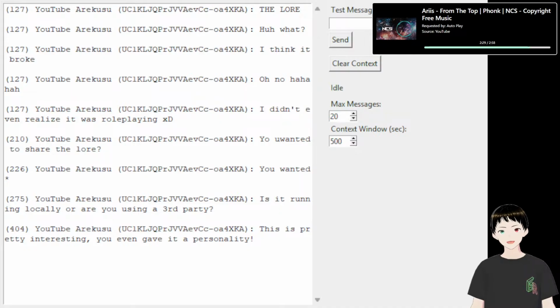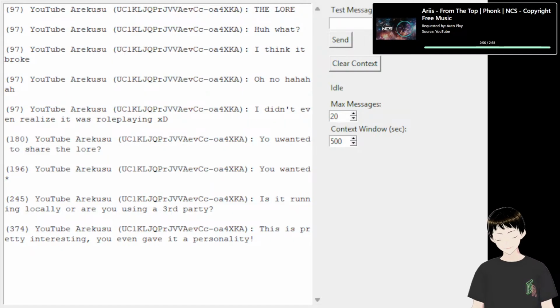The only issue is, if you use ChatGPT or a regular chat box, it remembers previous things that you say to it. This does not. It is a fresh chat every time. However, if the last thing it said is still within its time limit, it will inject that in like it's a chat message.